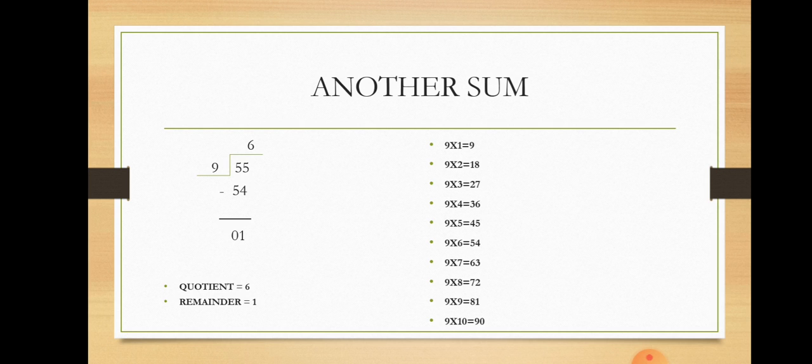We have to see in which multiplication fact a number smaller than 55 comes. So 9 sixes are 54. 54 is smaller than 55. So we will take that multiplication fact, 9 sixes are 54. 9 is already there, 6 you write on top, then 54, and you subtract 54 from 55. So our answer is 1. Our quotient is 6 and the remainder is 1. Whatever is left is called the remainder. Understood, children, about quotient, dividend, divisor and remainder?